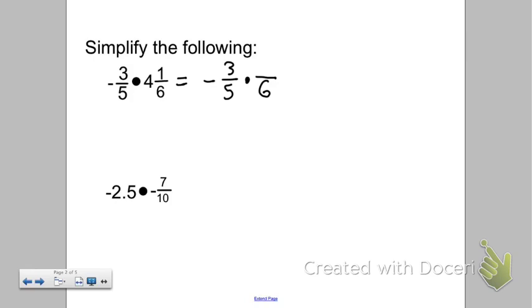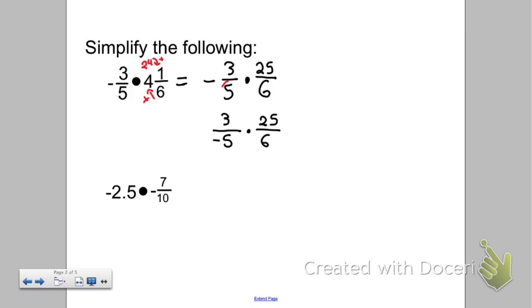The 6 is going to stay, and to turn it into an improper fraction, I'm going to do 4 times 6. That gives me 24. But then I'm going to add 1, which is going to give me 25. So I end up with 25/6. When you have a negative number in a fraction, the negative can go to the numerator or to the denominator. In this case, I'm going to bring it to the denominator. And I'm going to make it 3/5 multiplied by